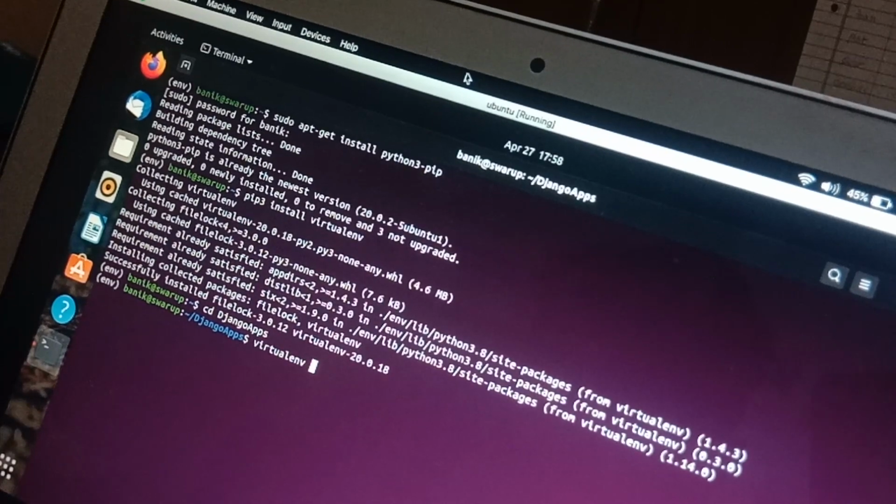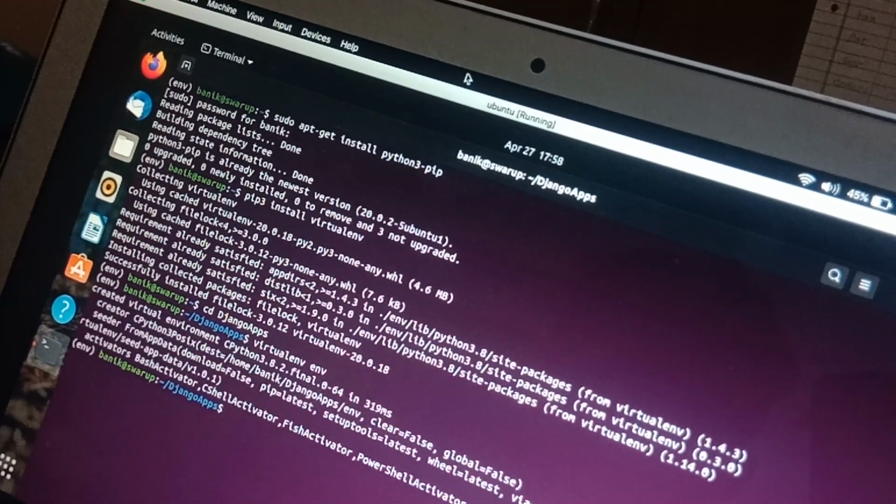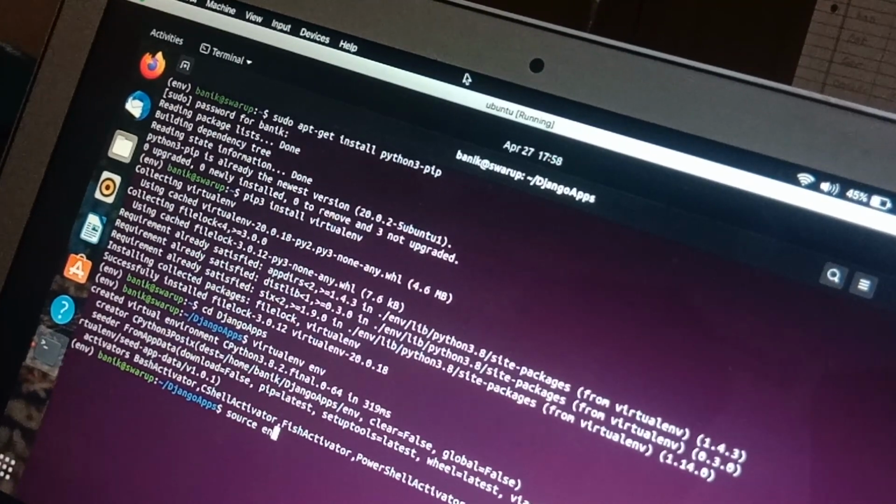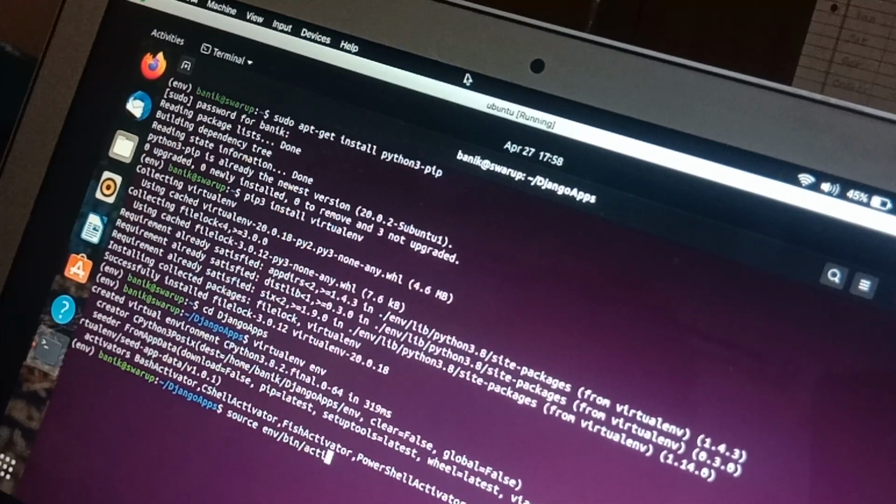virtualenv. The virtual environment got created. To activate the virtual environment completely, you have to type source env/bin/activate, and hence it is activated.